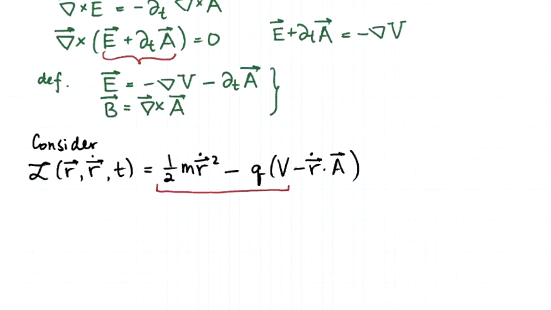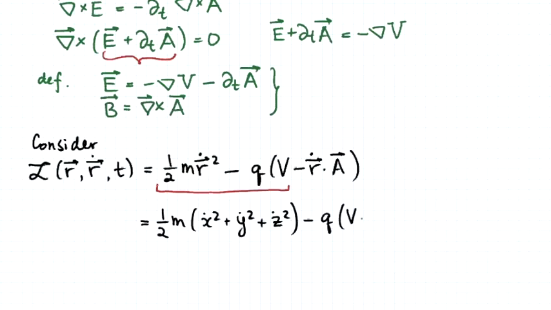Let's write it out in Cartesian coordinates. So for the first term, the kinetic energy will have mass over 2 times the three components of the velocities, x dot squared, y dot squared, and z dot squared, minus charge times potential V minus